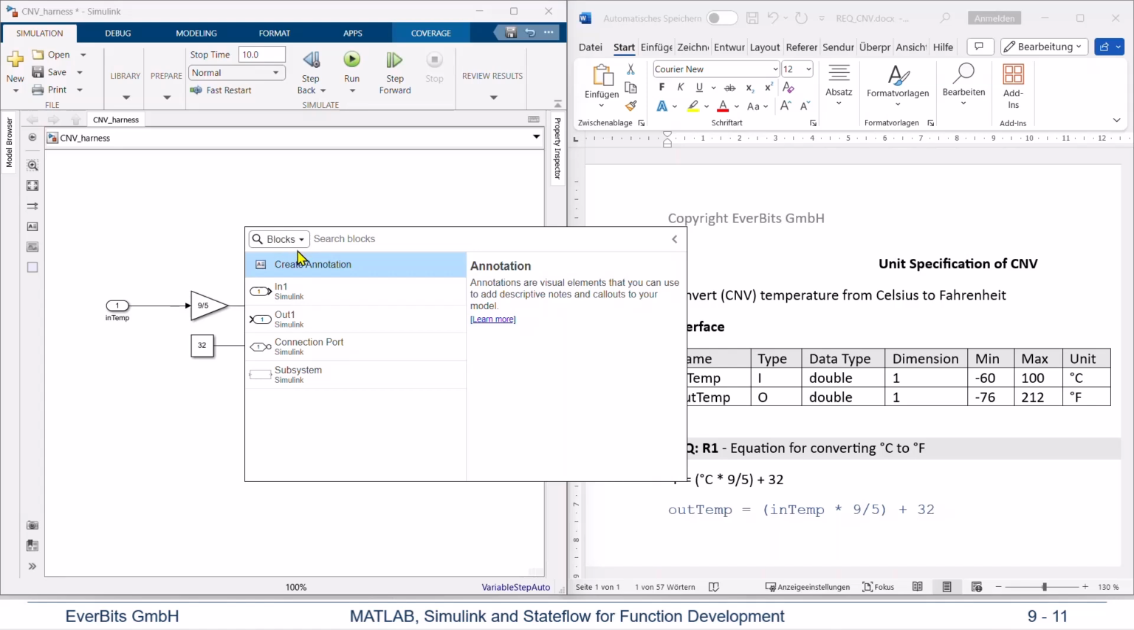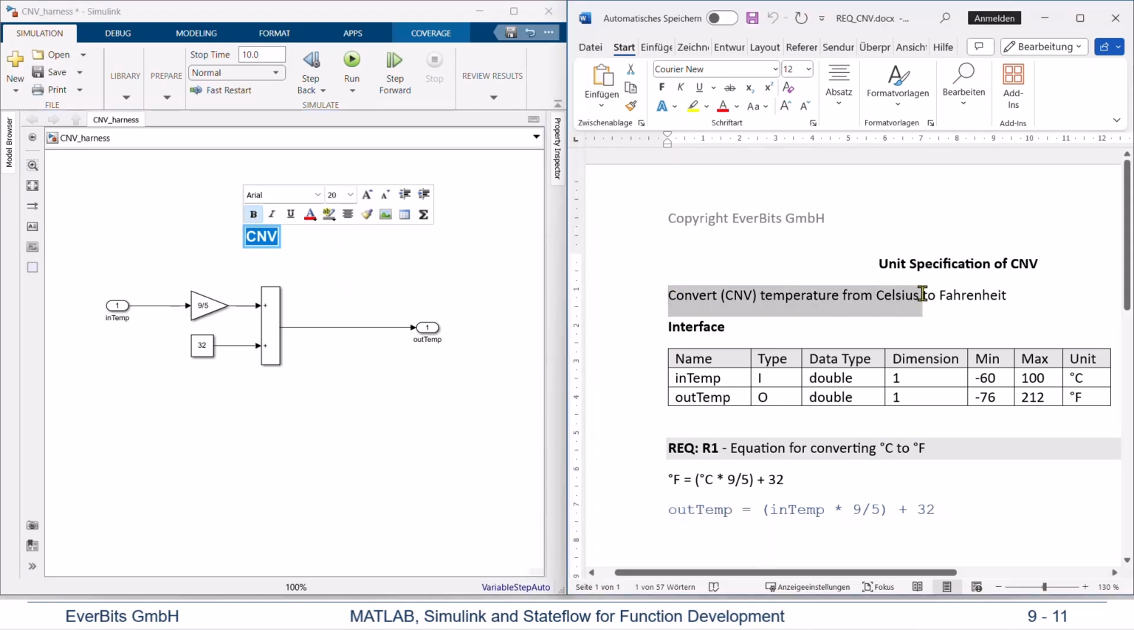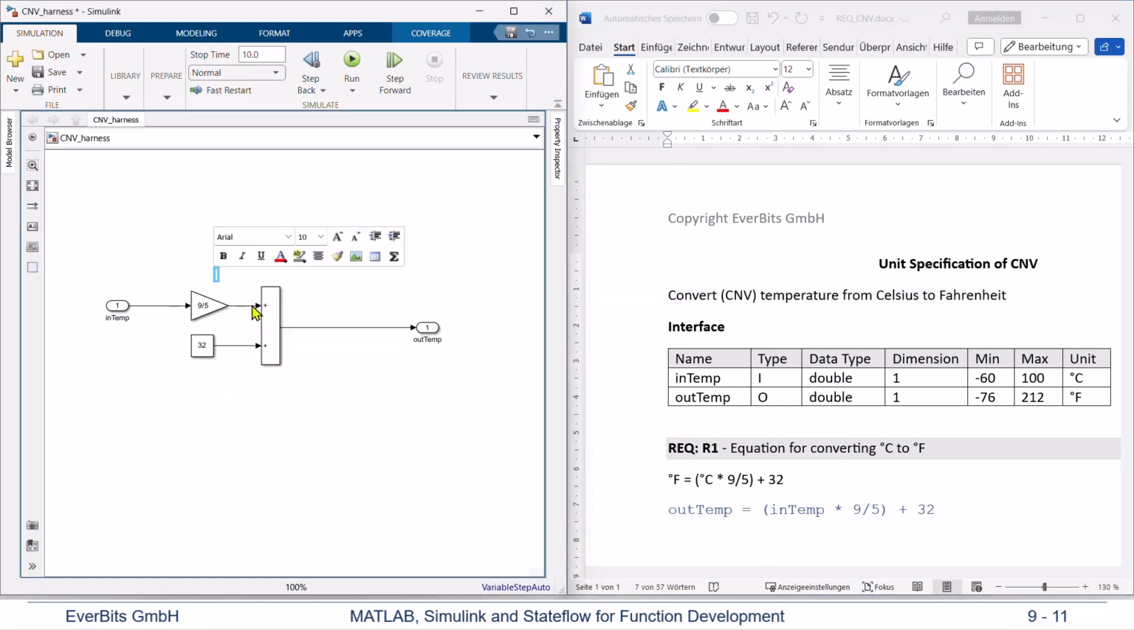Now we need to add some annotations for the documentation of the unit. CNV is a title. I also can change the annotation settings here, enlarge the font to 20 and make it bold. And I will type the management summary below. I just copy it from my requirement. It looks good. And now I can actually start testing the model, but you should know that it is more